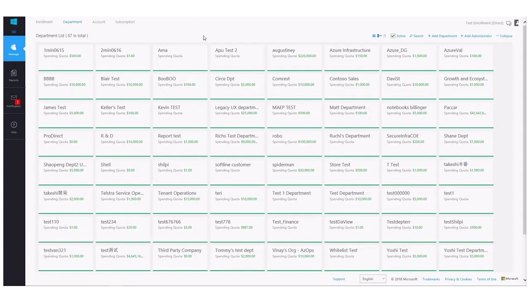You could also, of course, set it up to match the departmental setup within your company if you do have projects that you know will be supporting the marketing department. Maybe a separate set of projects that are supporting finance, accounting, sales, and so on. You can set up each department of your organization, of your company, as a department here.